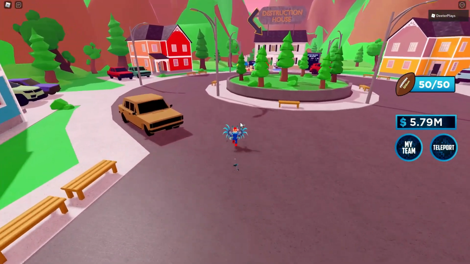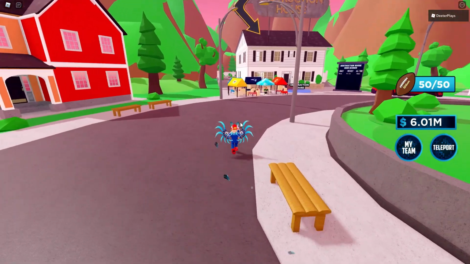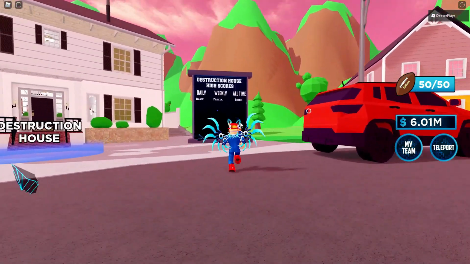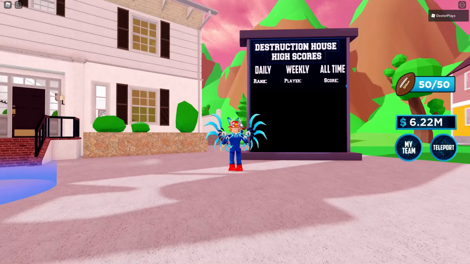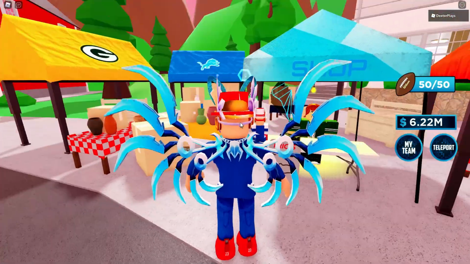because right now we are talking about ways to make money in this game. We've only got 5 million at this point, and I need some more money so I can buy some stuff. So we're going to teleport here to the destruction house, which is pretty self-explanatory. Right here in the front, we've got a little billboard that shows our leaderboard, the top daily, weekly, and all-time scores in the destruction house,